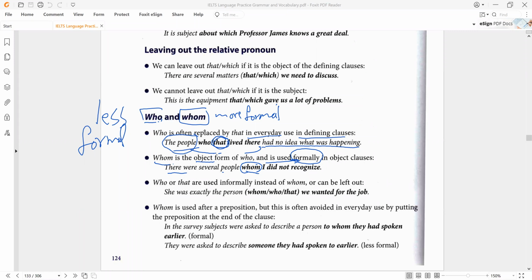Who or that are used informally, instead of whom, or can be left out altogether. She was exactly the person